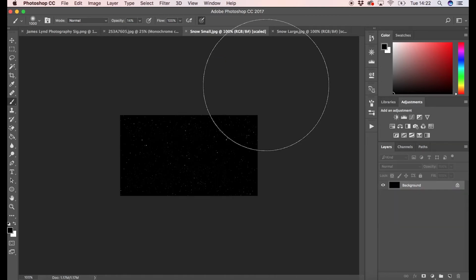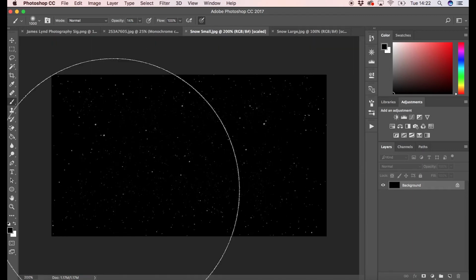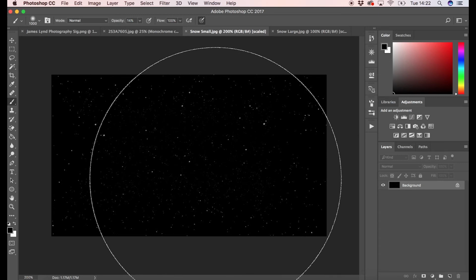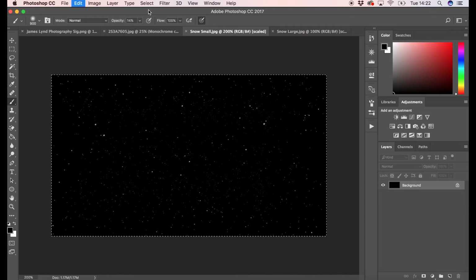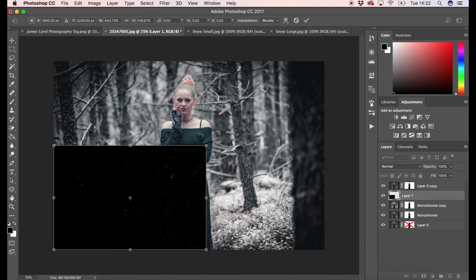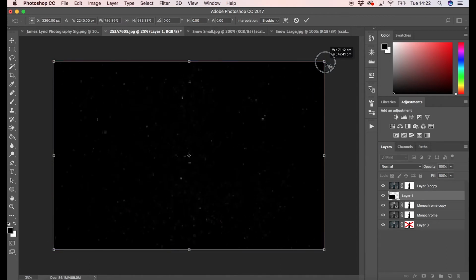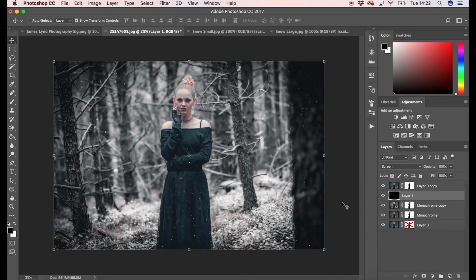Now, if you type in just sort of like falling snow or snow stock onto Google, you can find a lot of images like this. And I'm just going to select it all, copy it, bring it in, and resize it to the image. And then we're going to set the blend mode to screen on that, and that's added a little bit of